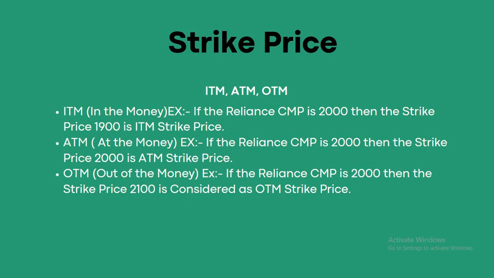Okay, so if the Reliance current market price is 2000, then the strike price at the current market price is considered as the ATM strike price. And OTM is known as out of the money contracts or out of the money strike prices. So all the strike prices above the current market price, which is 2000, are known as out of the money contracts or out of the money strike prices. For example, 2020, 2040, 2060 and 2080. Okay,